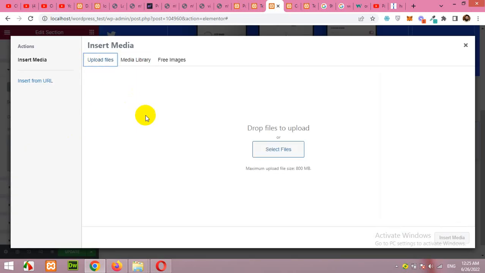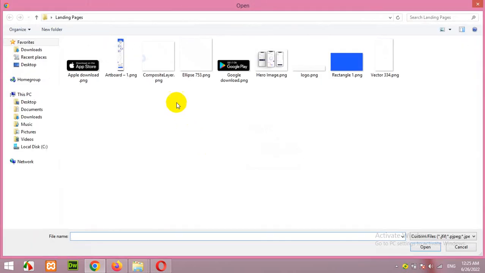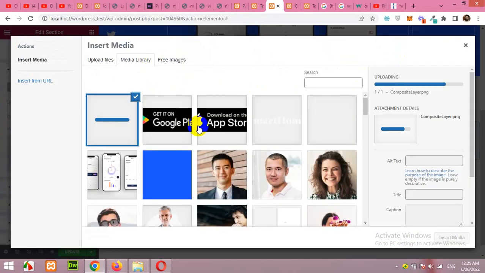Classic image upload, and first the half circle which was composite, and we have the line here as well, so we do not need the line separately. We can get that. Click on insert